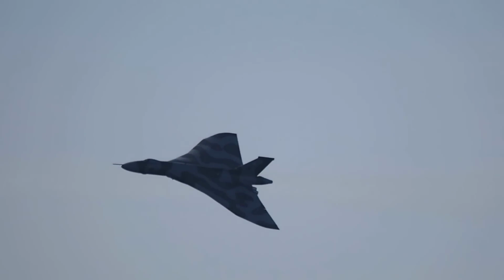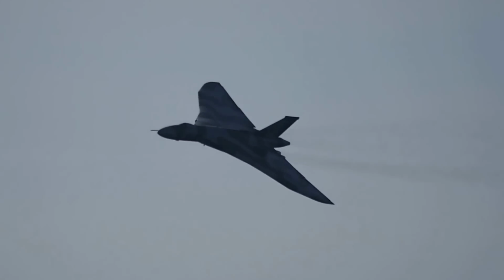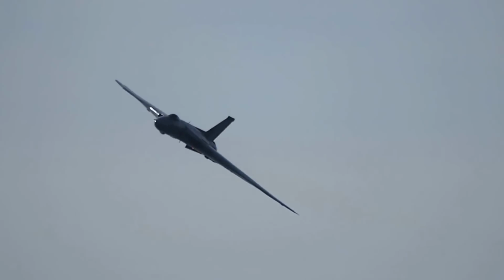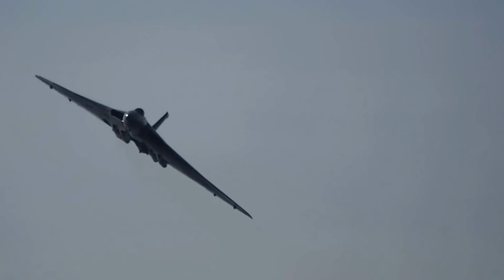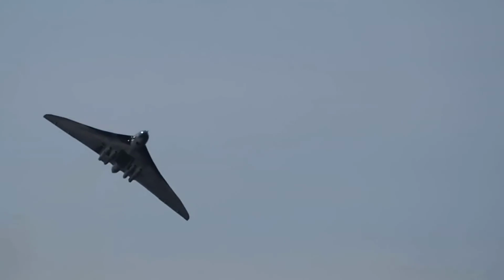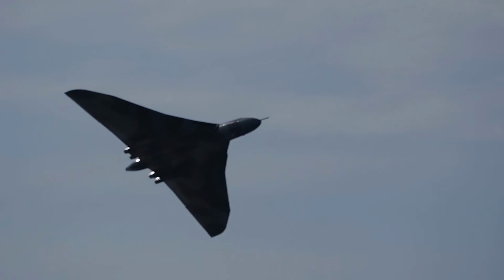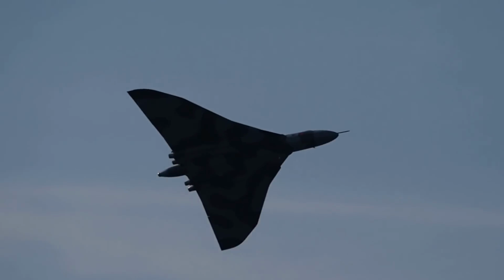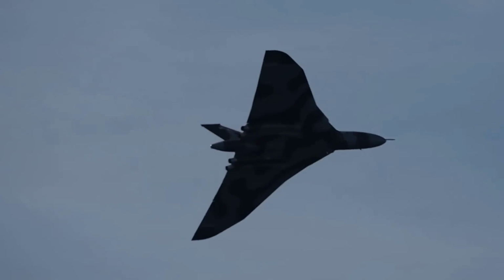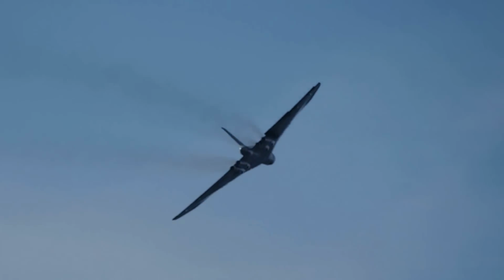It was a Vulcan that flew one of the longest bombing sorties, if not the longest bombing sortie in the world, with an incredible number of aero refuels all the way down to the Falkland Islands for a bombing raid on the runway to Port Stanley during the Falklands War. And no other aircraft in the world could have done that. Played a very significant part in securing